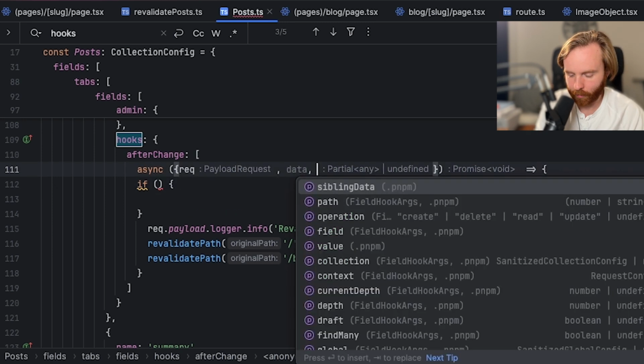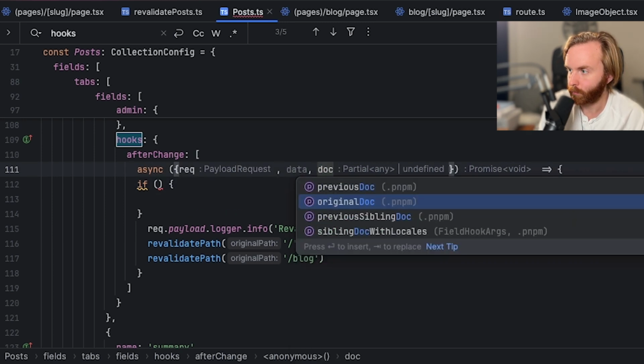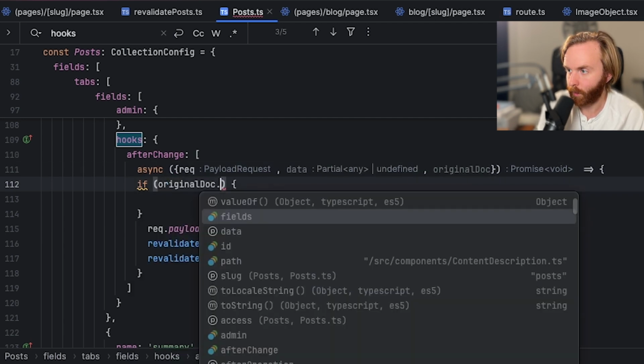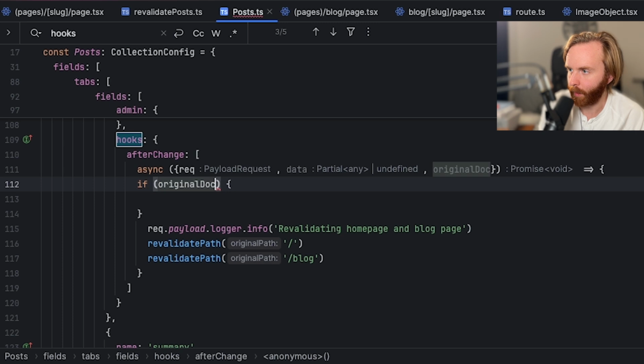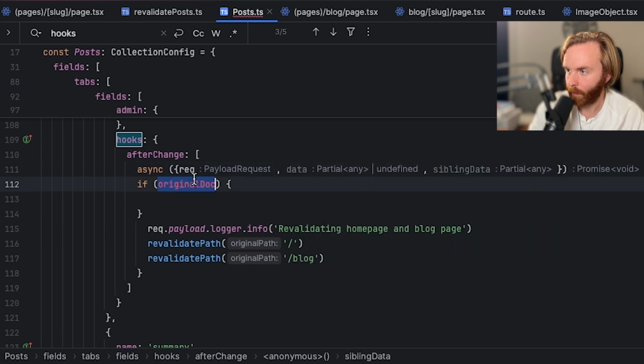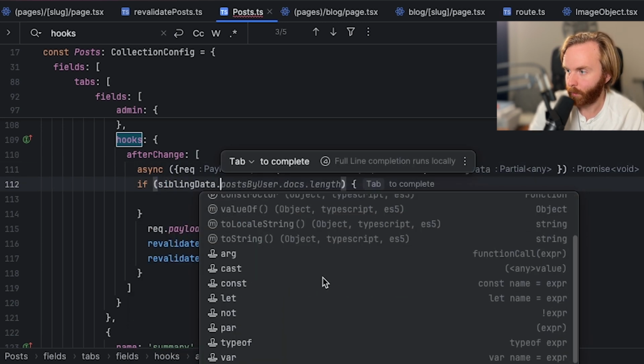Oh, it should be doc. It is data, but original doc, if original doc dot, man. Maybe sibling data. Sibling data dot,